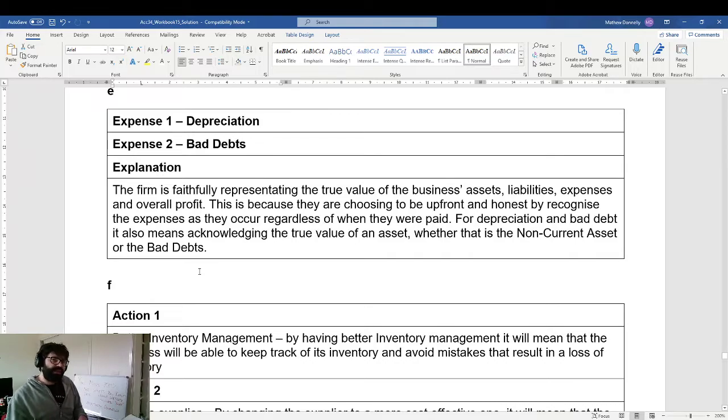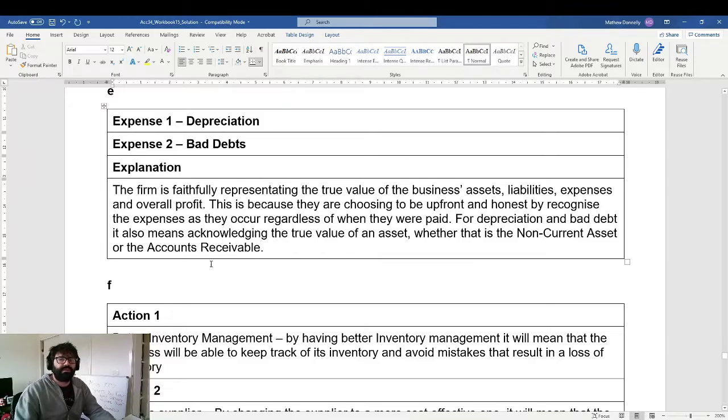So the answer we came up with: the firm is faithfully representing the true value of the business's assets, liabilities, expenses, and overall profit. This is because they are choosing to be upfront and honest by recognizing the expenses as they occur, regardless of when they were paid. For depreciation and bad debt, it also means acknowledging the true value of an asset, whether that is the non-current asset or the bad debt. So with that, I'm going to change that slightly to accounts receivable,